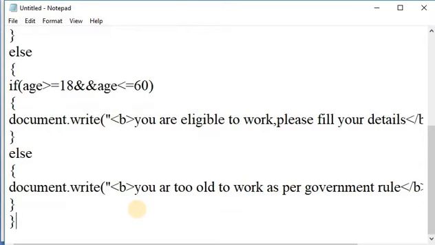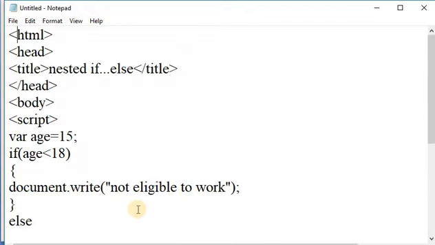Here in this program we take HTML head title tag. In title tag we write the nested if statement if else as a title. Next close the head tag. After that we take body tag. In body tag write a script tag. In a script we declare one variable. Here you can also write a comment, that is declare variable